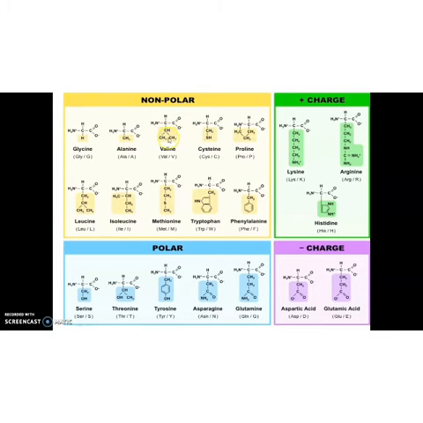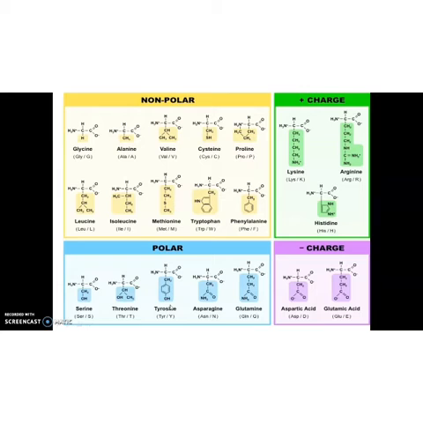See, in alanine, which is the functional group? CH3. In cysteine, CH2SH. In proline, CH2, CH2, CH2. See here in leucine, CH2, CH, CH3, CH3. In isoleucine, CH, CH3, CH, CH2, CH3. And in methionine, CH2, CH2, SCH3. In tryptophan and phenylalanine, we can see aromatic rings here. And also in histidine, then in tyrosine.